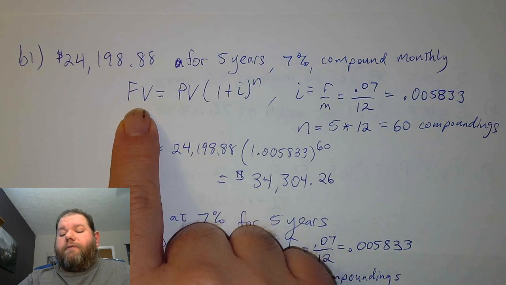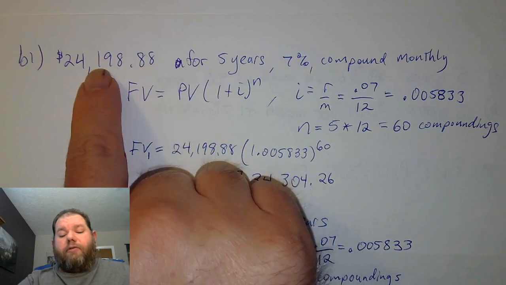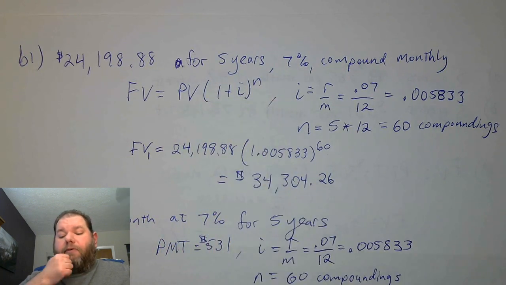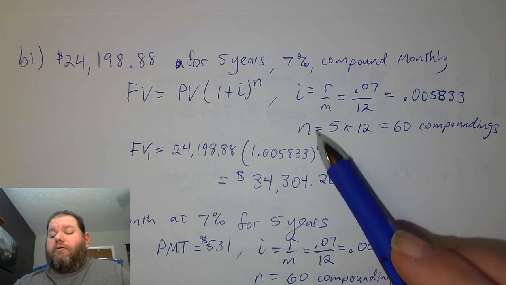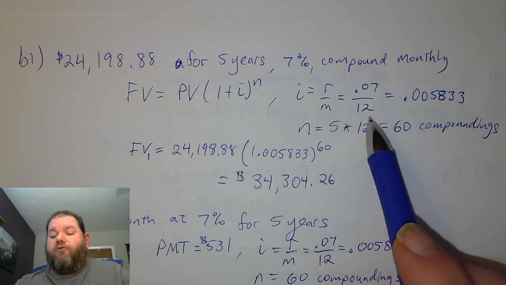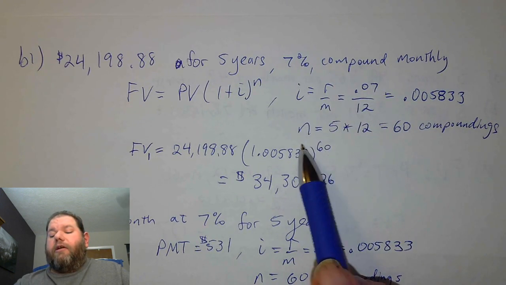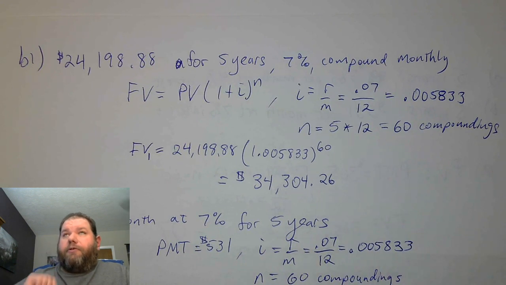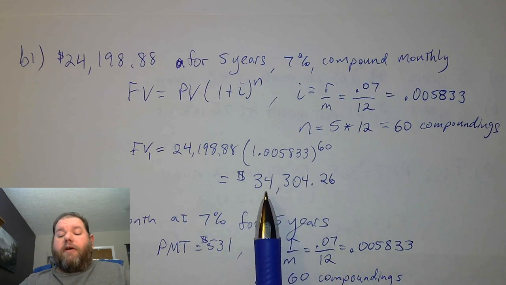And so the future value in this case is just the present value, the initial investment, times 1 plus I to the nth power. That's our compound interest formula. I and N are actually identical for both parts, because R divided by M is 0.07 over 12. Get that value. And it's for 60 more compoundings, 5 years, 12 times per year. And so there are 60 total compounds that are applied. So we plug it into the formula and we get an ending value of